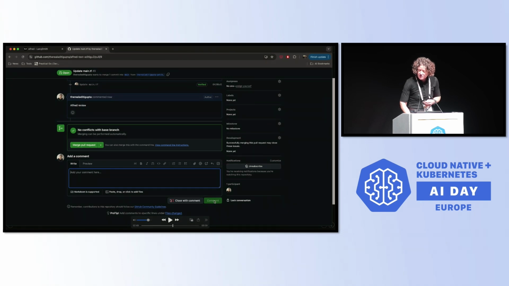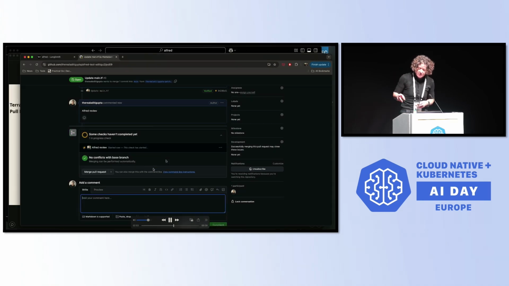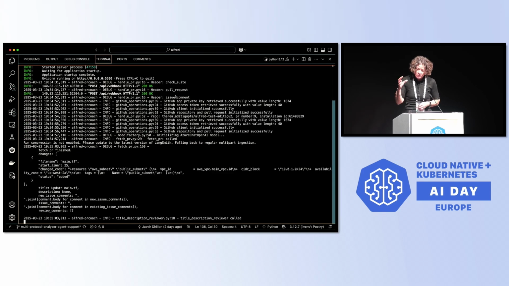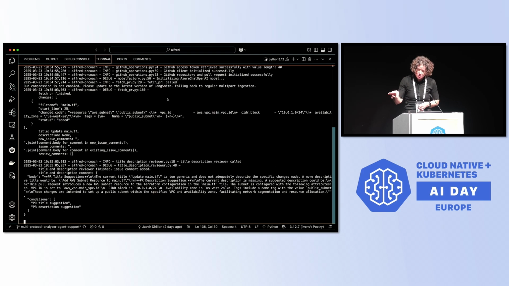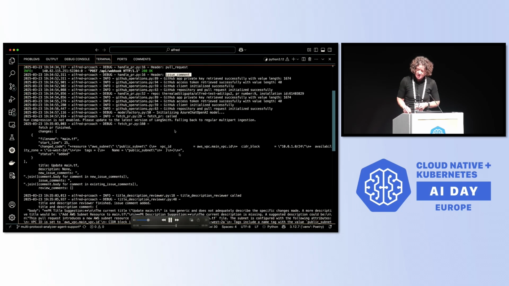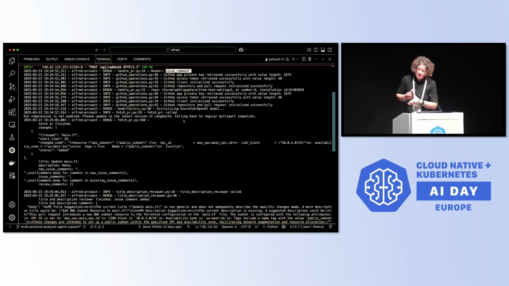So just to give you a sense of what's going on here in the background. Really briefly, somebody's just opened up a pull request. This system is triggered anytime a new pull request is opened or anytime a comment is left. And then the system goes ahead and, using LangGraph as our orchestration layer, calls out each of the LangGraph nodes in turn.